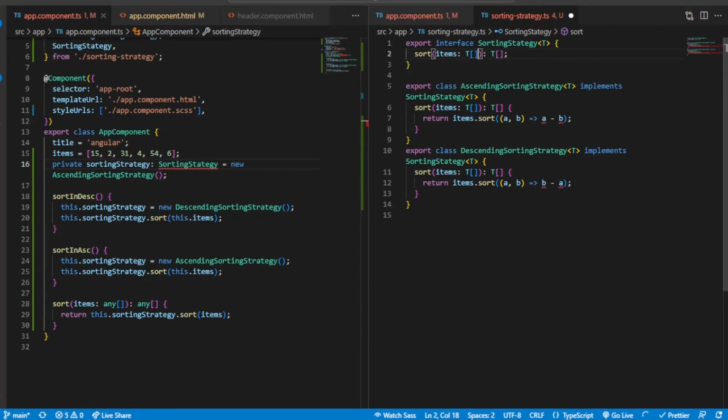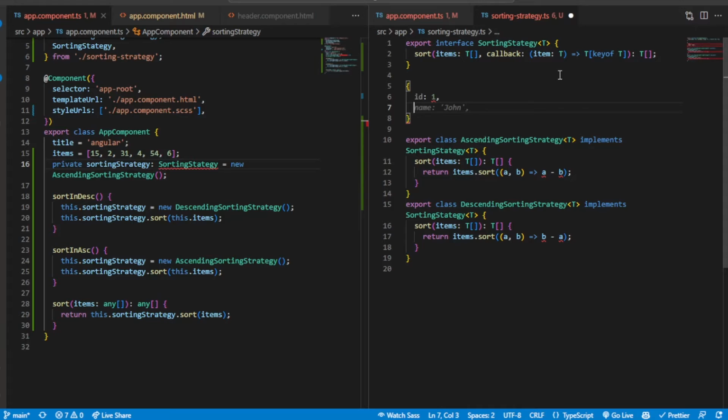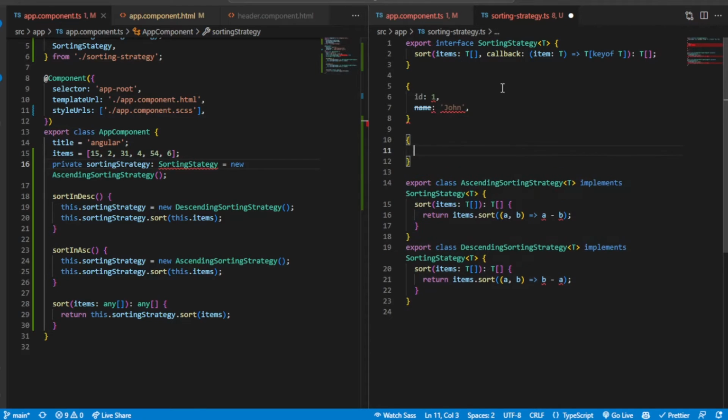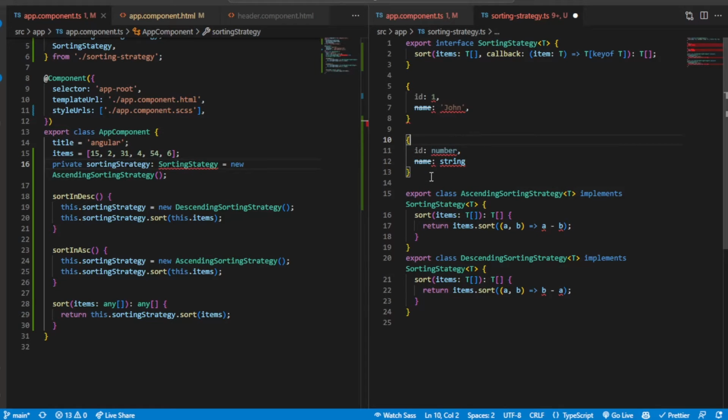So within our sort, we want to have a callback. The callback is just going to take the item, which is of type T, and it's going to return some value that we have in our object. So this is how you type it. It says item, which is of type T. So if I would now have a product in this case, or a person really, the T would then reflect this type. So the generic type would then become id number, name string. So it would, under the hood, create this generic type,